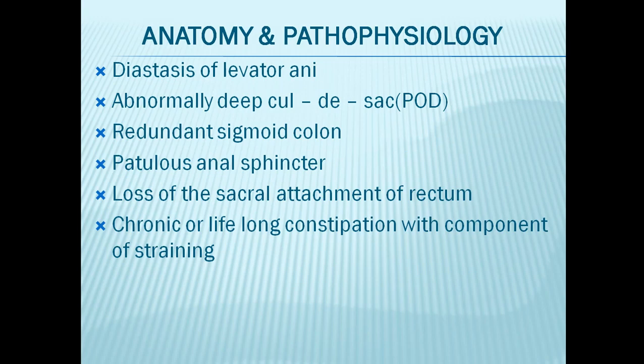Then you may get a sigmoid colon with too much redundancy, or a very patulous anal sphincter which will bring the rectum down, or the attachment of the rectum to the sacrum might be lost,